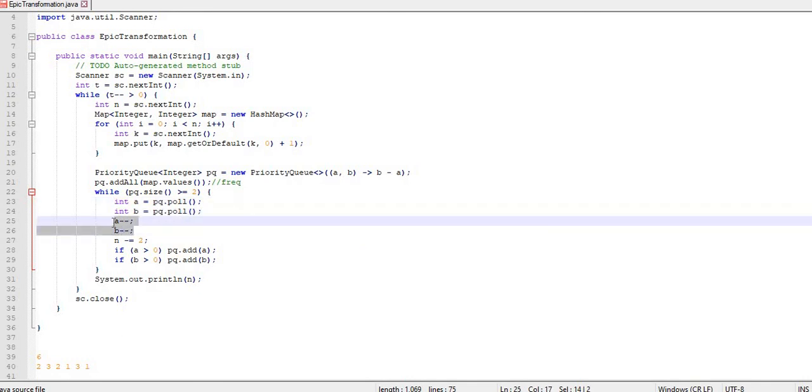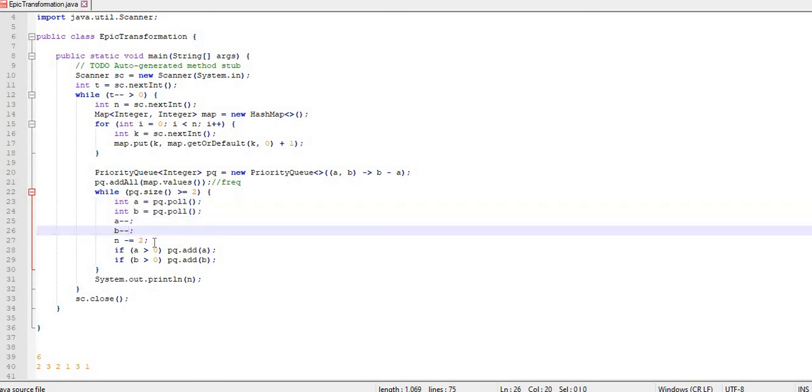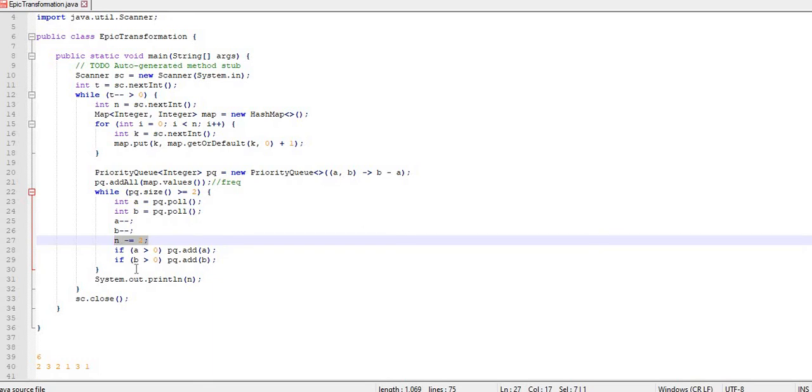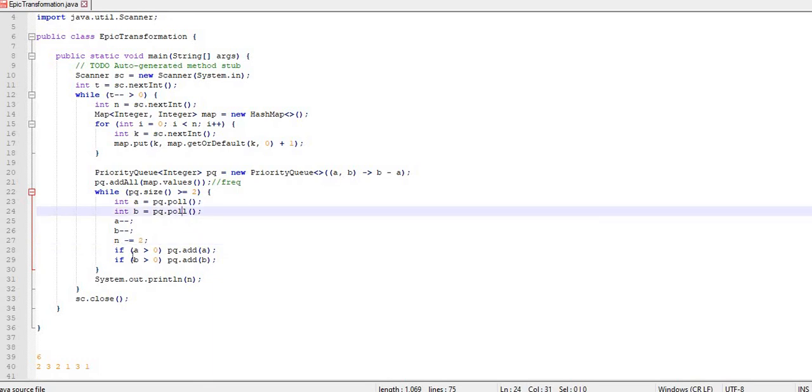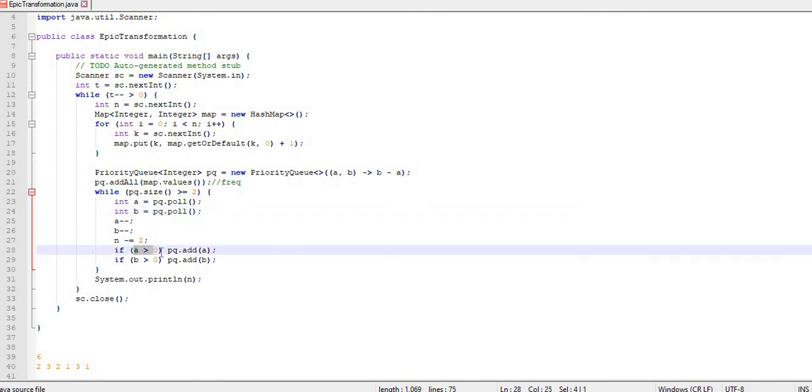After that I am decrementing the count of those two. Similarly I have to decrement the size of my array because I am deleting the 2 elements. After that, if the frequency is still greater than 0, I have to add it back to my priority queue. Same for A and B.